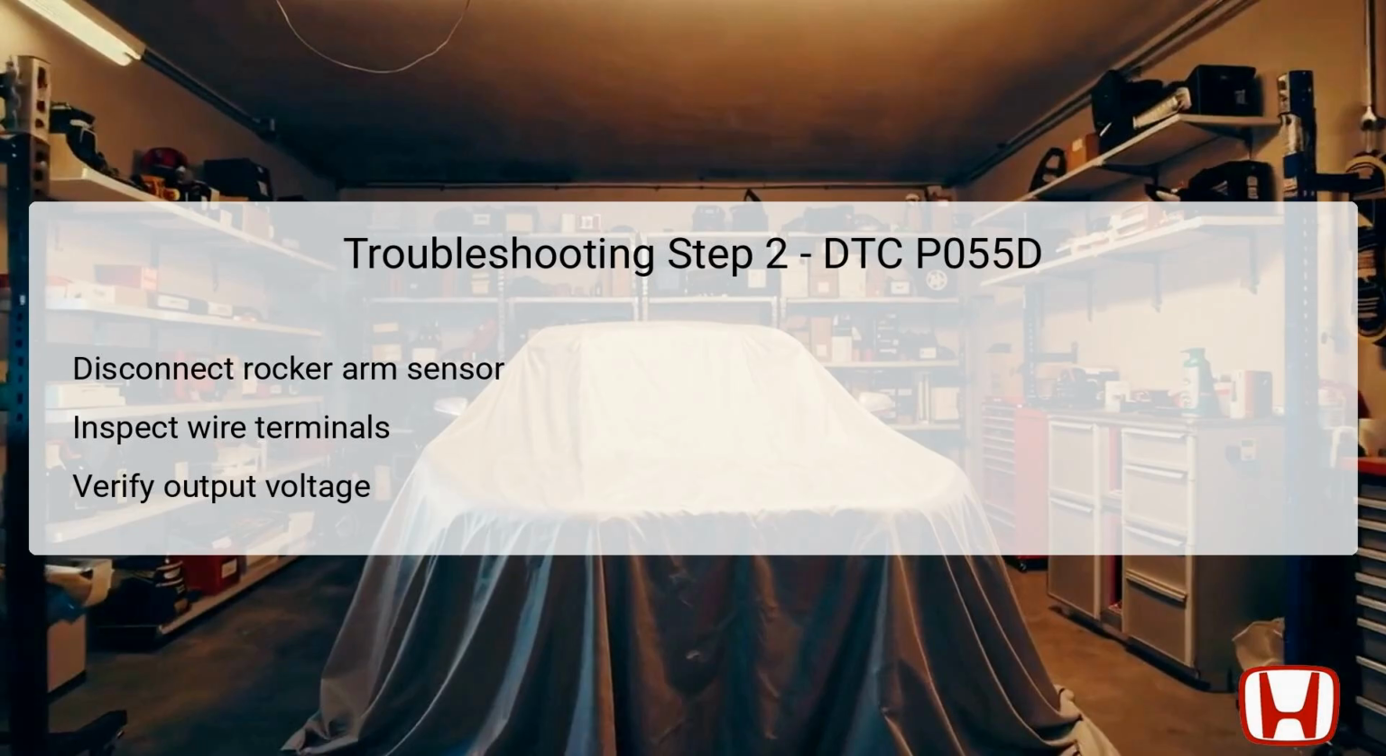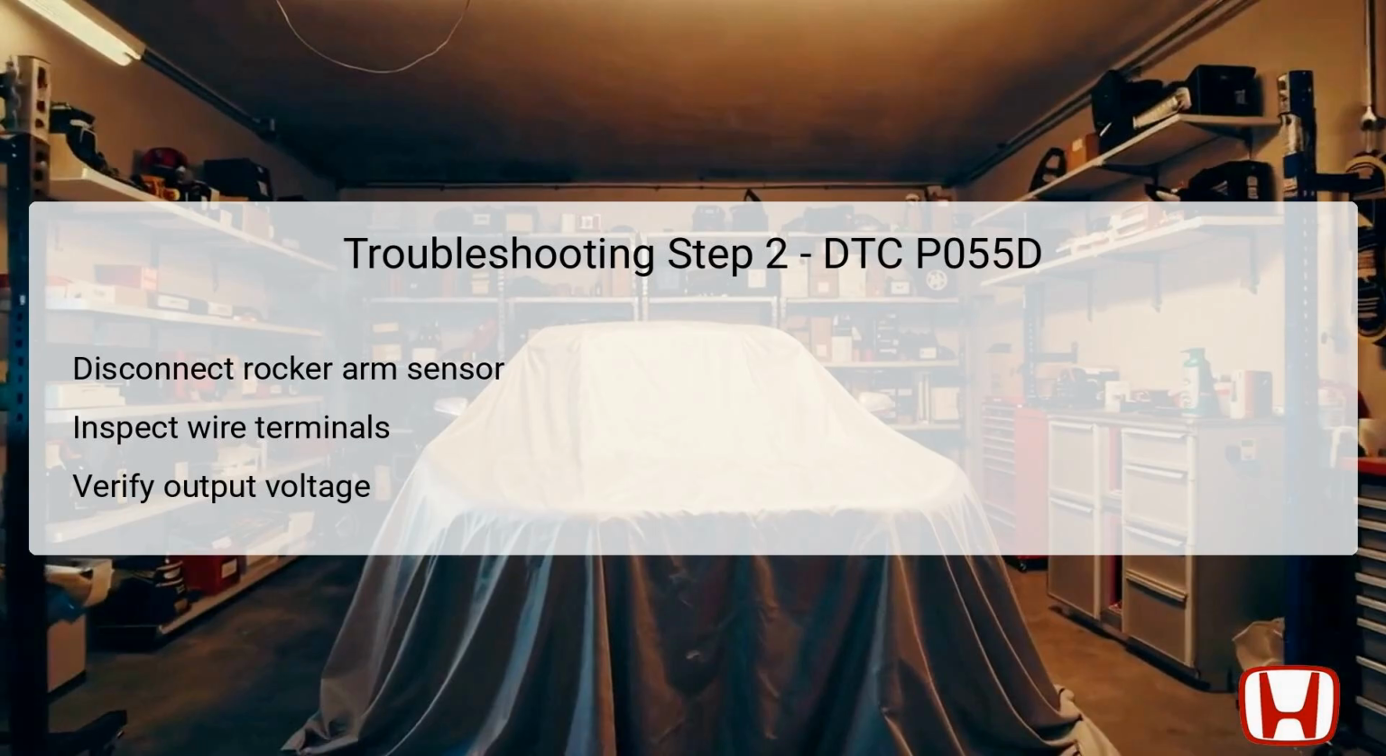Turn the vehicle's ignition back to the on mode and monitor the HDS reading of the rocker arm oil pressure sensor voltage. A normal reading should show a value less than 4.79 volts. If the reading is abnormal, this indicates a potential issue with the sensor itself, necessitating replacement or further testing to